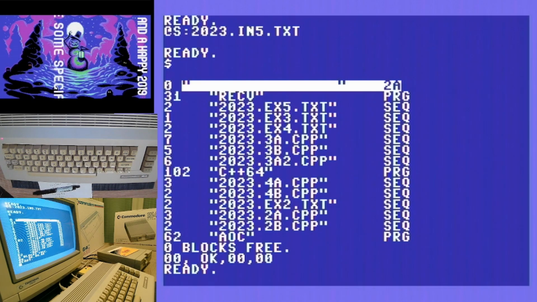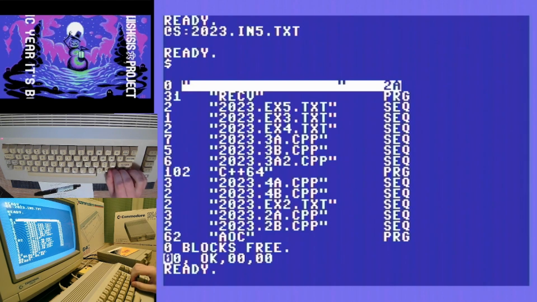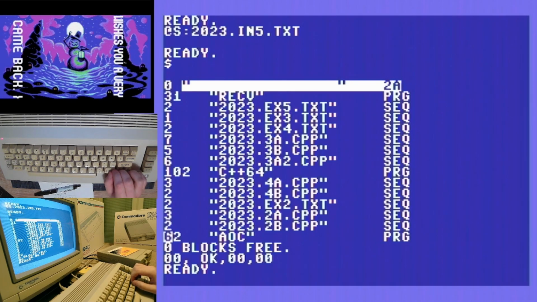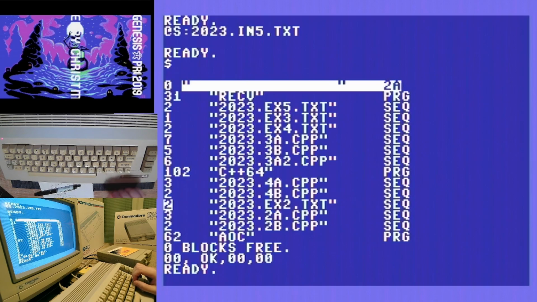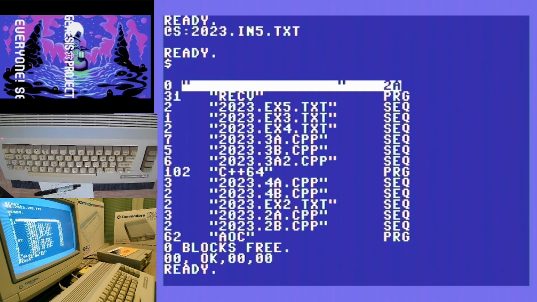Wait, it's saying absolutely 0 blocks free. That's weird. Did I lose some blocks? Like, are there orphan blocks? Yeah, there must be some type of orphan block thing going on, because it can't be the case that these things just magically happen to fit on this drive. Wow, okay. I need to figure that out, but I don't have any other solution here except